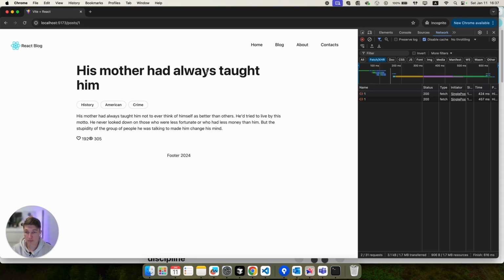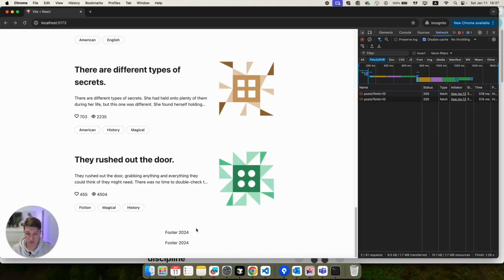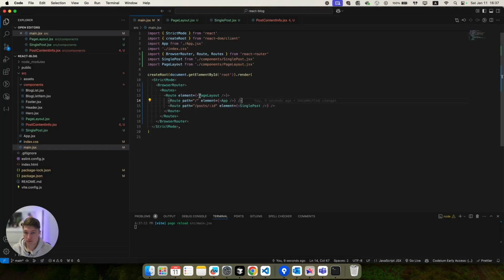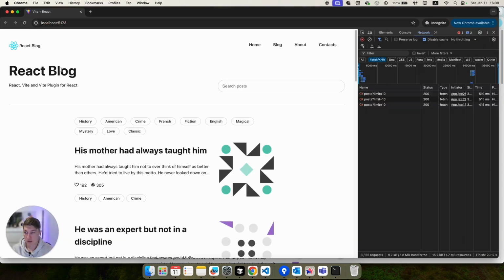But if we go back to our home page, we see that the header was rendered 2 times and the footer also. Why do we have this? Because we render the first header from the layout and the second header and footer from this app component. So all we need to do is remove it here and here, and that's all.